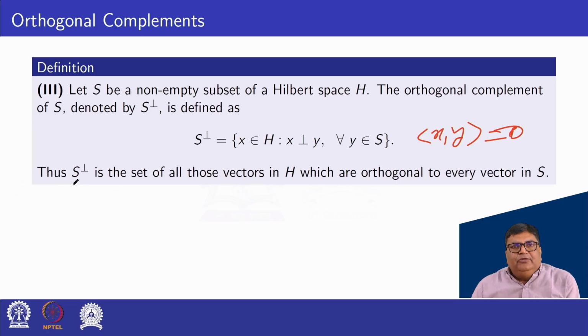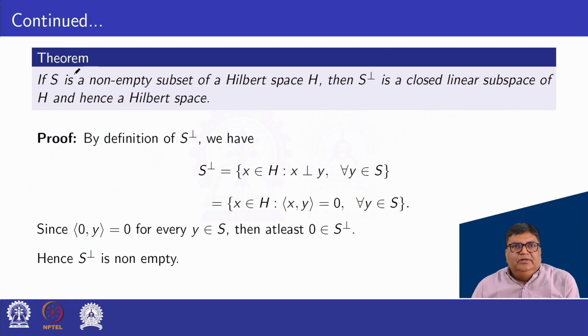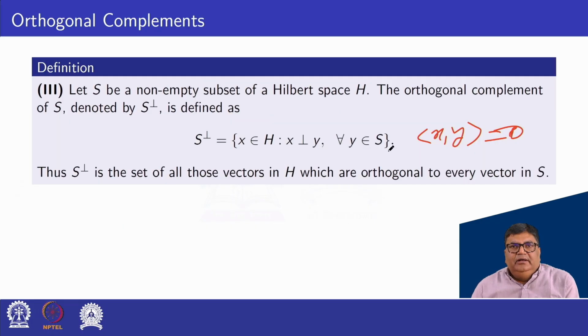Thus, S perpendicular is the set of all those vectors in H which are orthogonal to every vector in S. Next theorem. If S is a non-empty subset of a Hilbert space H, then S perpendicular is a closed linear subspace of H and hence a Hilbert space. So proof. By definition of S perpendicular, we have